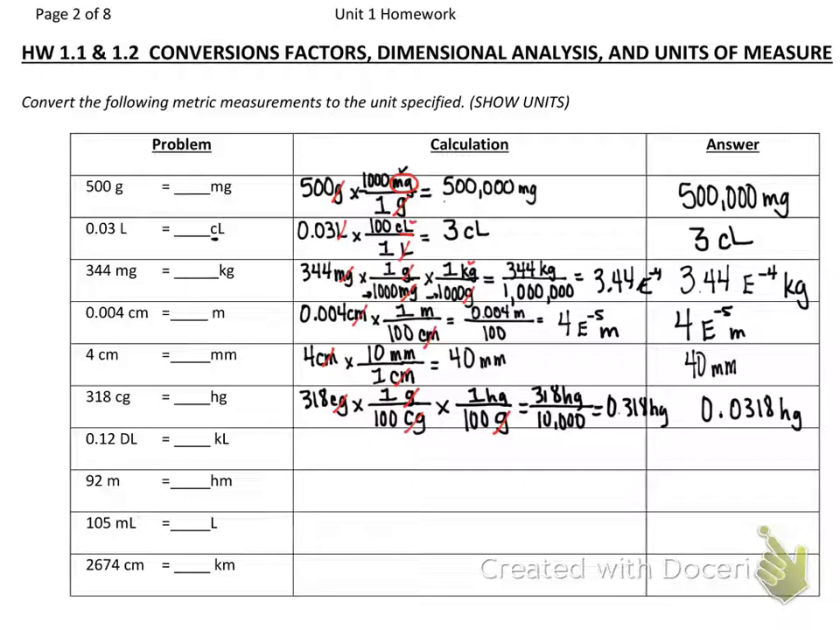All right, next problem, we have 12, and this is actually a typo. This is supposed to be a lowercase dl. That way we know that if it's lowercase, if you look at your notes, that stands for deci. So in this case we have 0.12 as our given